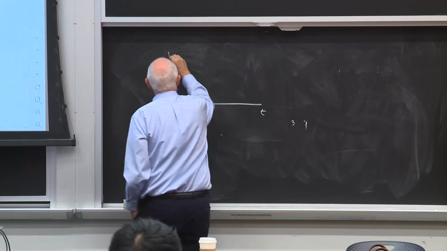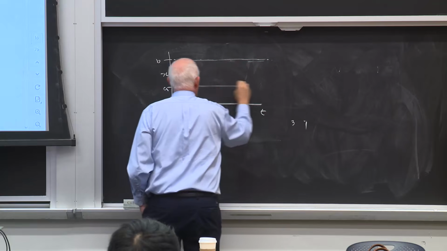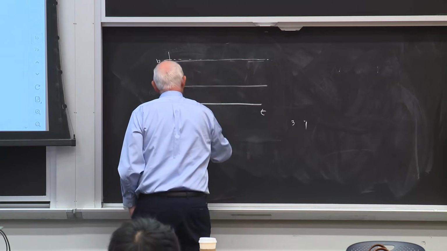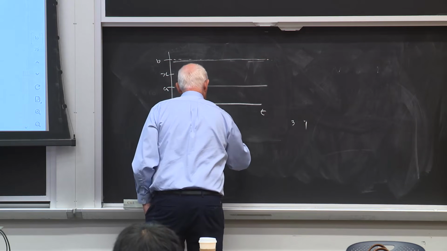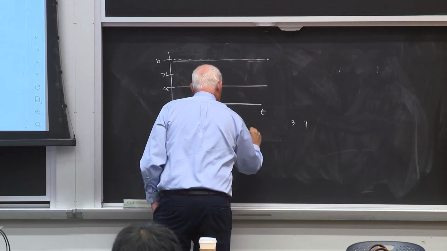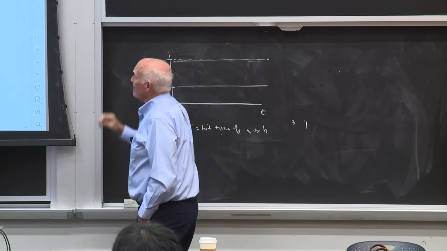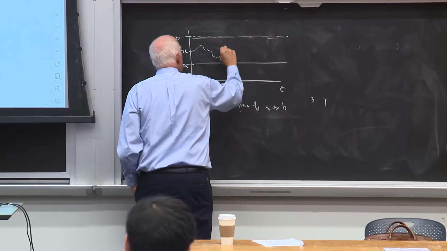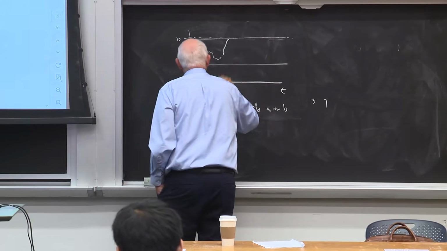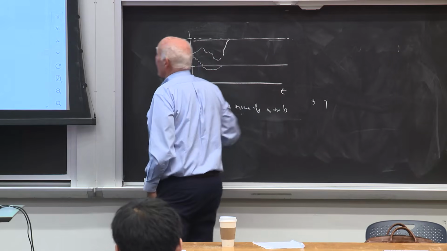And we're interested in hitting A or B. So tau is equal to the hit time of A or B. And we're interested in what's the probability of hitting B first before A. And